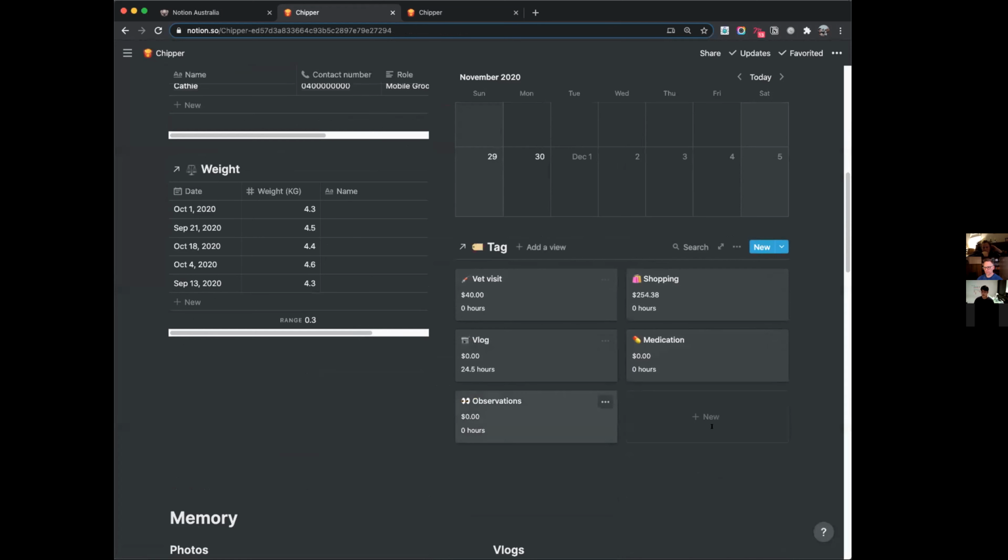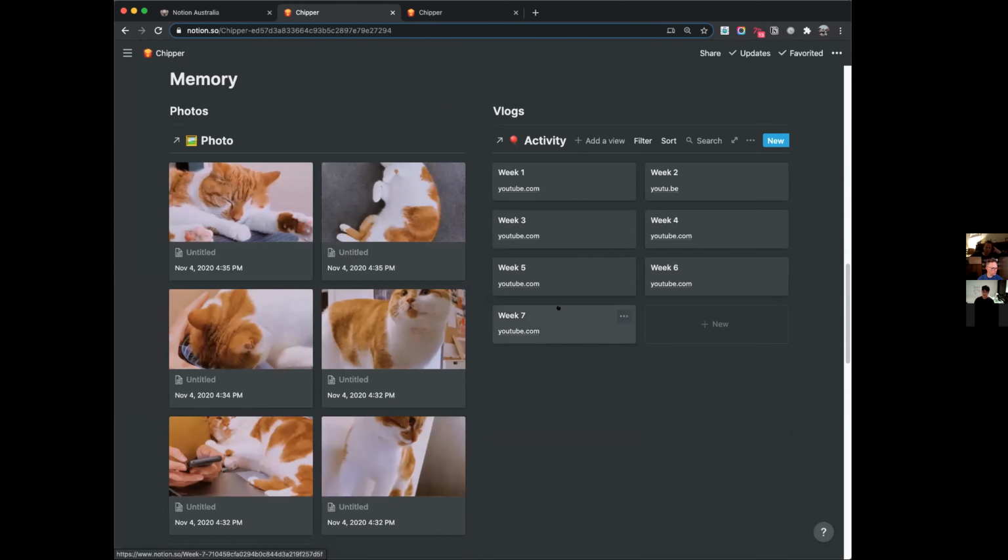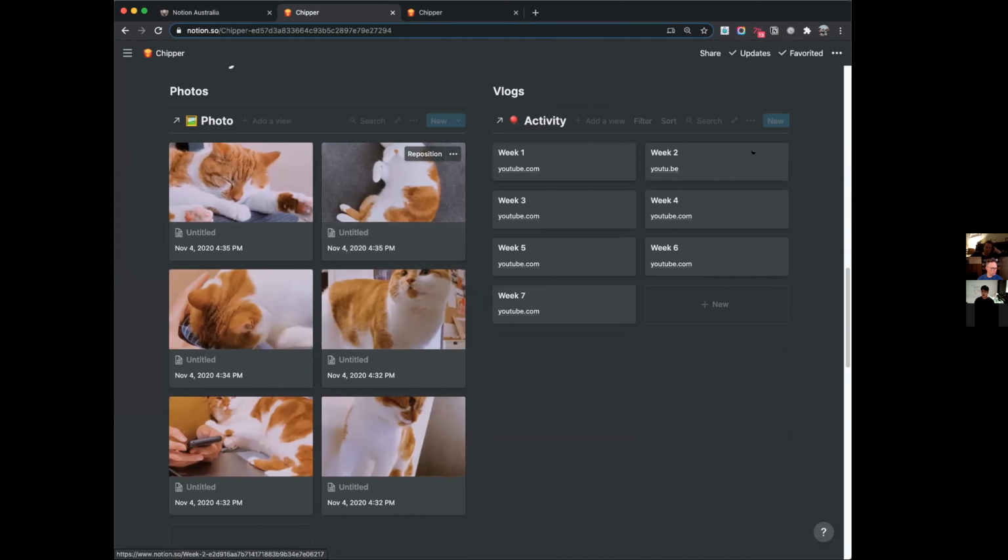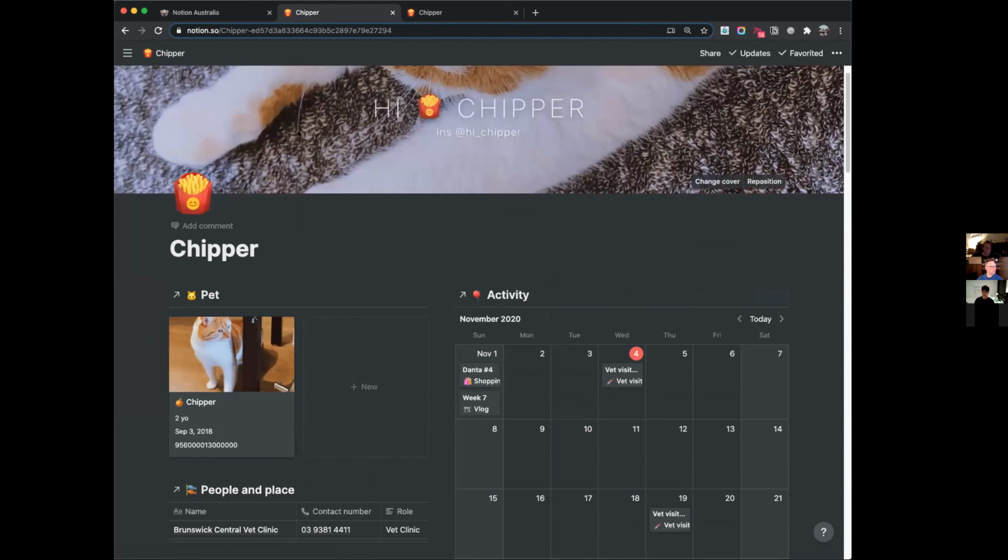And below that, these are the different things or key areas for your pet. And really the benefit of this is that it's scalable. You can add as many tags as you want, and you don't need to worry about creating another database and then linking multiple databases together. At least that works pretty well for me. Photos, activity again, health, expense. Cool. That is the entire dashboard.